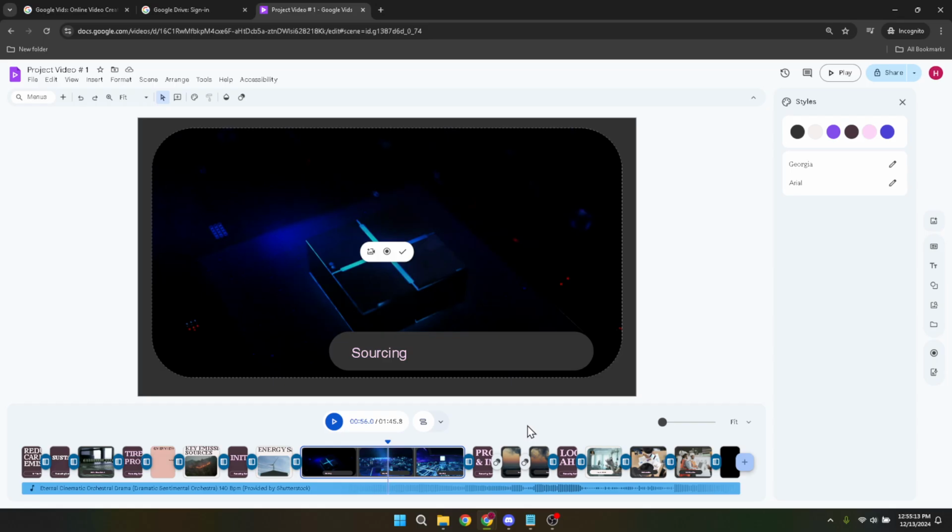Trimming allows you to focus on the highlights, improve your storytelling, and make your videos more engaging for viewers. Remember, practice makes perfect. The more you use Google Vids to edit and trim your videos, the more comfortable you'll become with the process. Soon, you'll be trimming and editing like a pro, making each of your videos a perfectly polished gem ready for the world to see. That wraps up our guide on how to trim videos in Google Vids. Whether it's for personal use, work presentations, or social media, knowing how to trim your videos efficiently can greatly enhance the way you share and enjoy digital content.